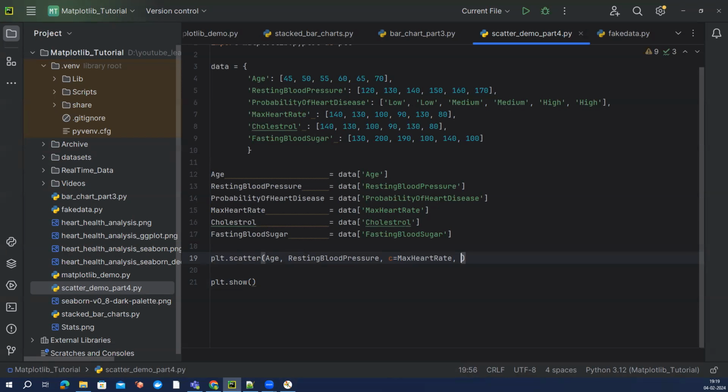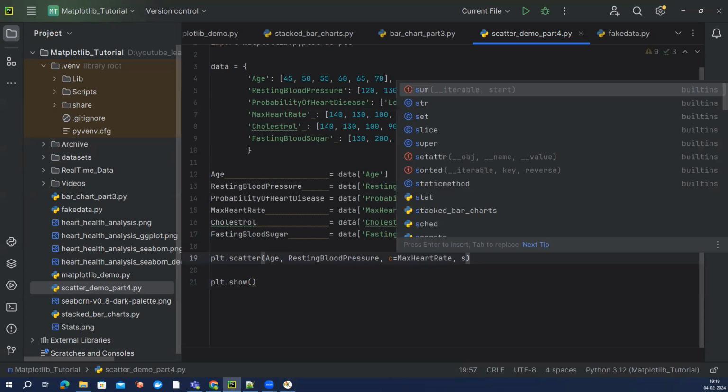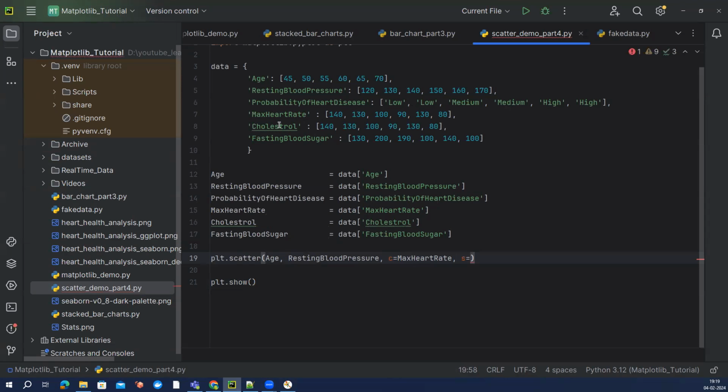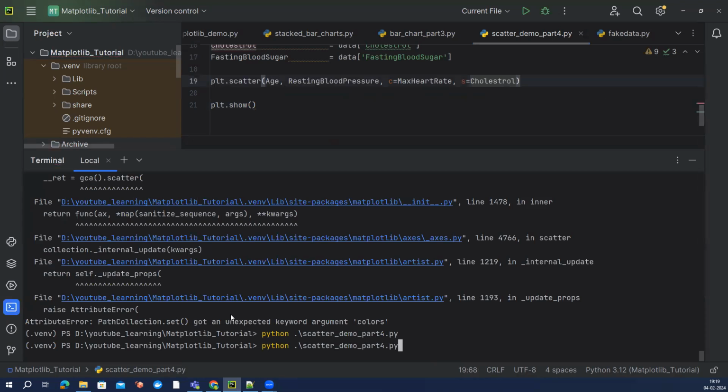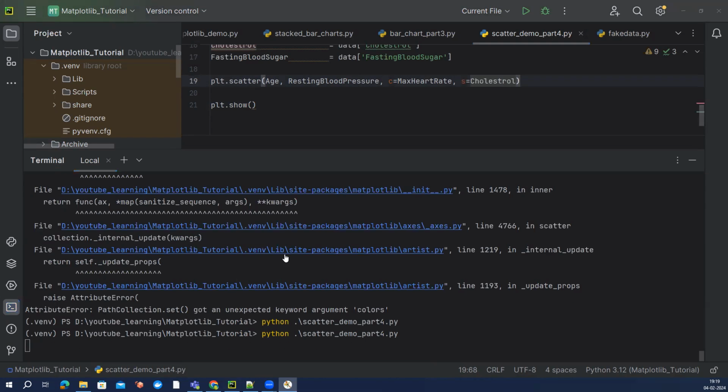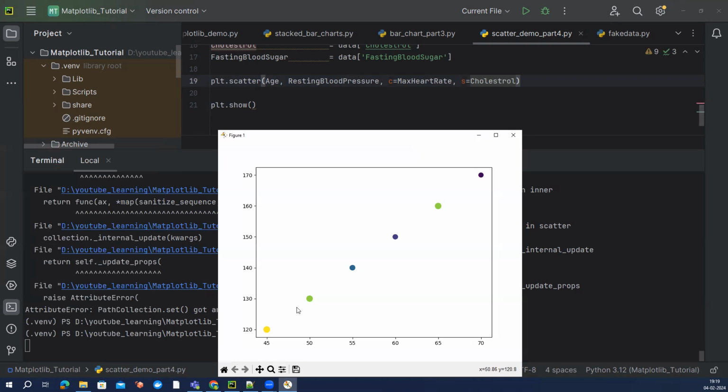Another thing which we can add here is the size, which stands for S, and here let me just add this cholesterol value. So through this, the size of our data points is going to change based on the value of cholesterol, right? So let's bring it in here. Now we can see a different size,